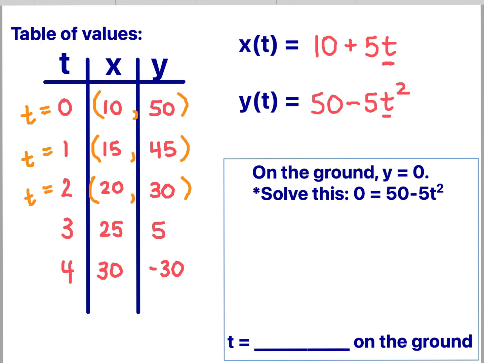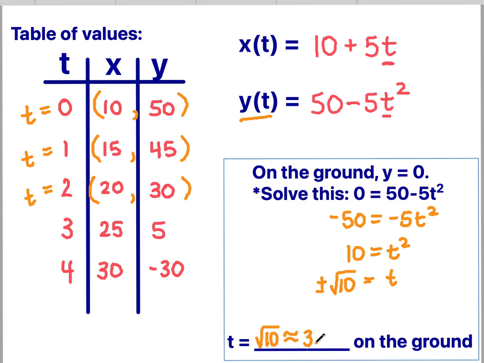Now, when they ask you to start solving problems, for example, if we wanted to know exactly when the car hit the ground, we just need to keep in mind that the ground has a y value of 0. And so we take our y equation, plug in a 0, and let's go ahead and solve that. So we'd subtract 50, divide by -5, and we'd take the positive version of that, so the square root of 10 is where it's going to hit the ground,